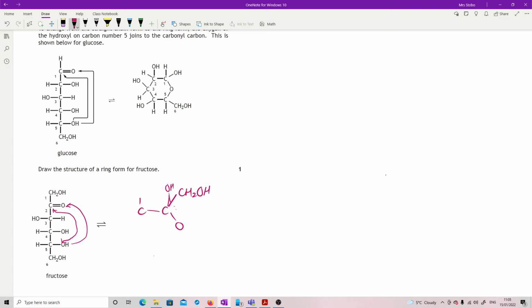And then we've got another carbon with an OH, and then another carbon with an OH, another carbon off to the oxygen, and this one also has a CH2OH to the side. Okay, you don't need to put the numbers on if you wish to. Okay, that's carbon 1, 2, 3, 4, 5 and 6, but to be honest, you don't